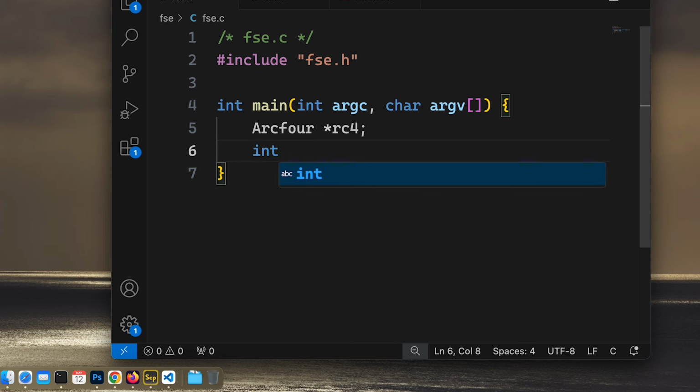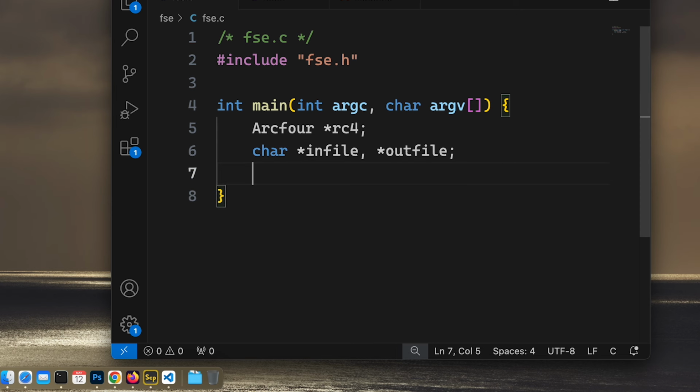So int8, let's make it easy. We can convert to our own when we need it. So char, and what did I need? In file and out file,